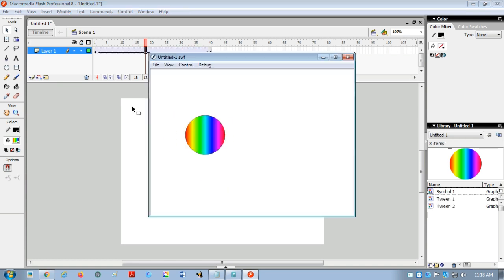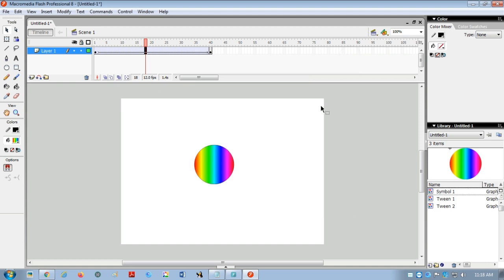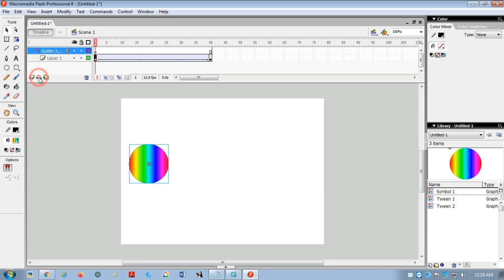Now the circle is moving on a straight line, but we want it to move along a given path. So what is my given path? How can I give it? Let us see. Click on the first frame here and click on add motion guide, that is the motion guide layer we are studying. So we have to add the motion guide layer here.